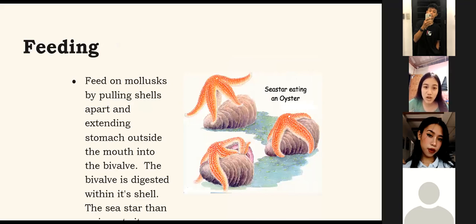Feeding. So the feeding of sea star is they feed on mollusks by pulling shells apart and extending the stomach outside the mouth into the bivalve. The bivalve is digested within its cells, and the sea stars then